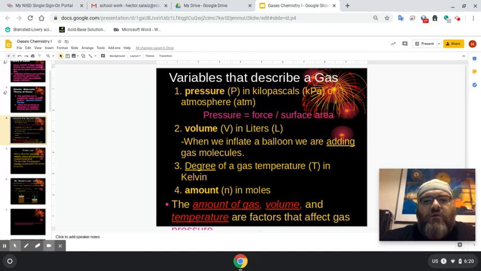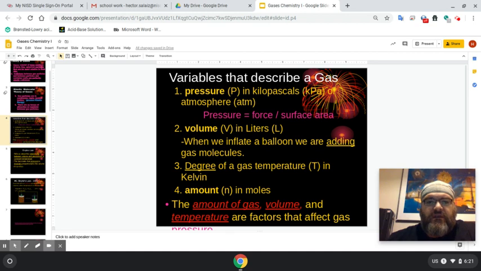Okay, so now we are into gases. We're in the unit of the gas laws. The first gas law is going to be Boyle's law. You should have already seen an introduction to this. I should have put it out about a day ago. What's happening here is that we have variables in these gas laws, and some of these variables are going to be